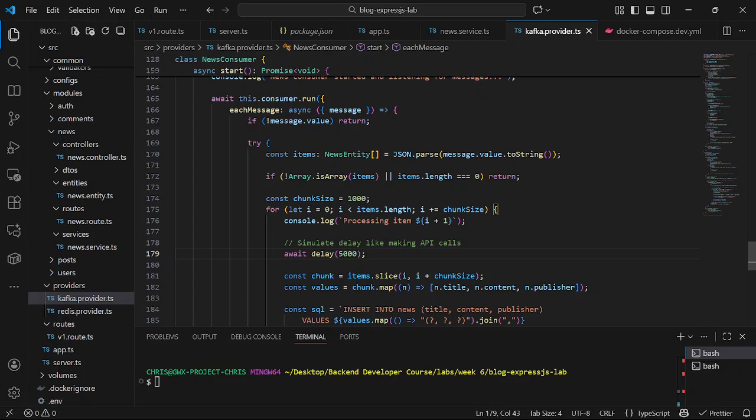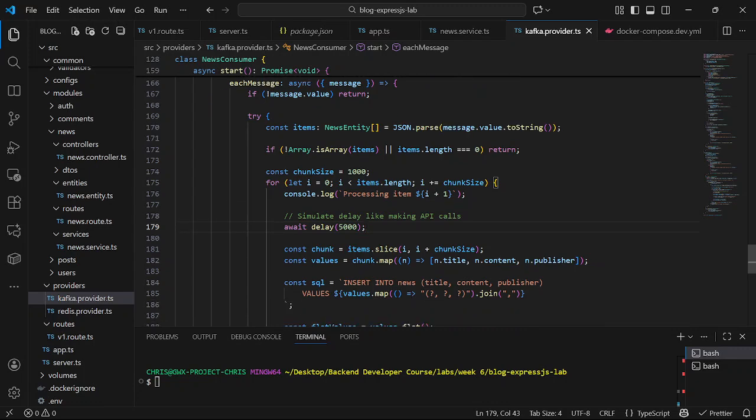Processing each of those data may be like fetching, calling another API to enrich that particular data, then executing it, storing it in your database. So basically, I'm just trying to simulate something like that. When we fetch the data, you call that API to enrich that data, and then store it in your database. So I try to simulate that process here.